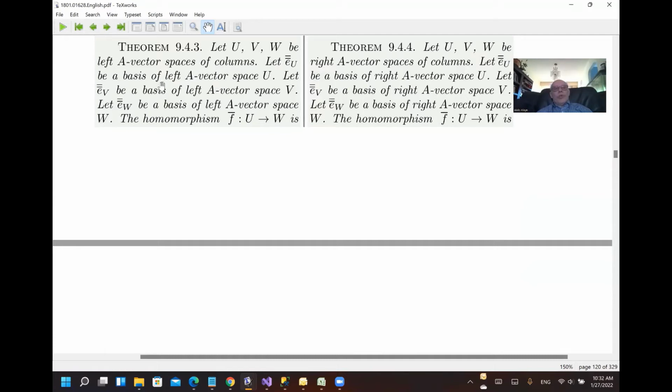Let EU be a basis of left A vector space U. Let EV be a basis of left A vector space V. Let EW be a basis of left A vector space W. The homomorphism F